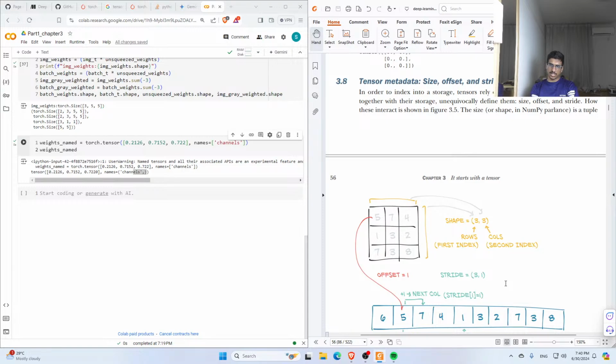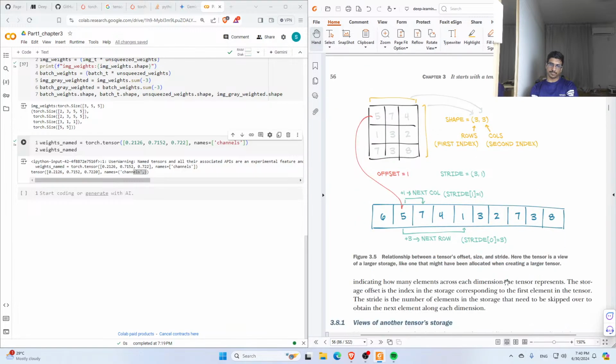Tensor metadata: size, offset, and strides. In order to index into a storage, tensors rely on a few pieces of information that, together with their storage, unequivocally define them: size, offset, and stride. Now, how this interaction works is shown in figure 3.5. The size, or shape in NumPy parlance, is a tuple